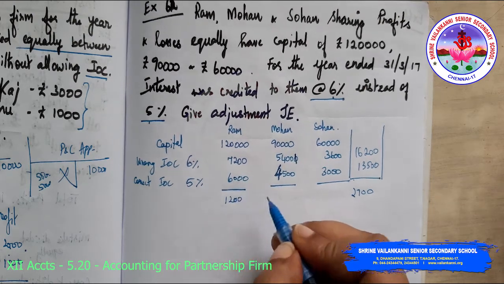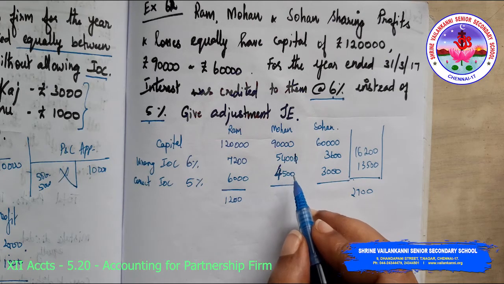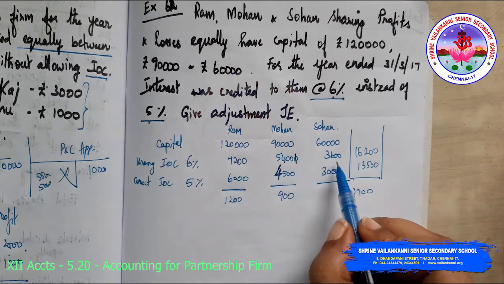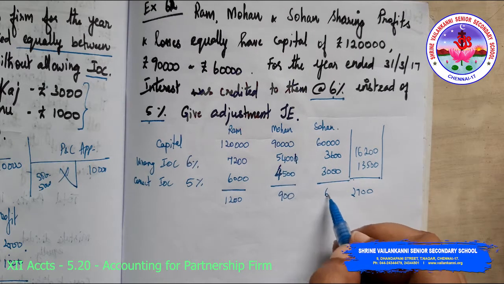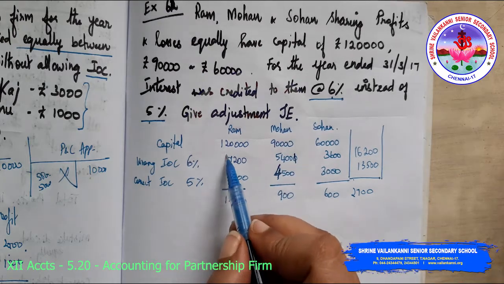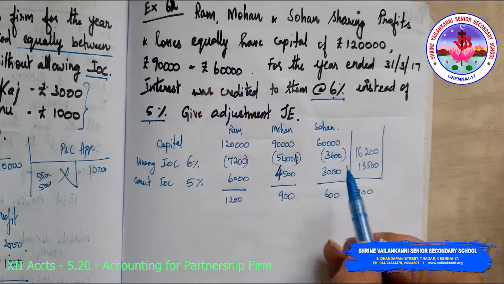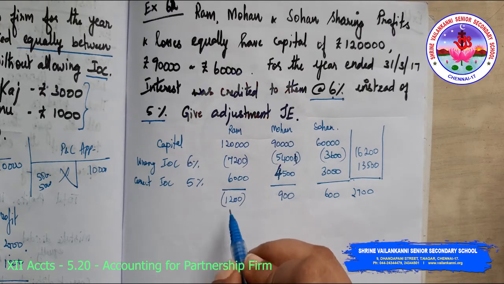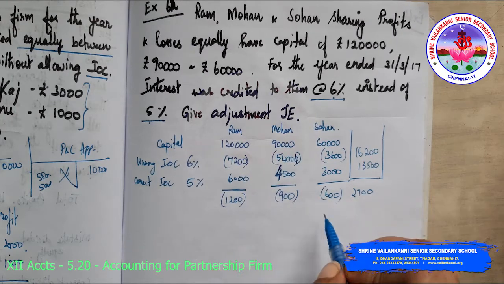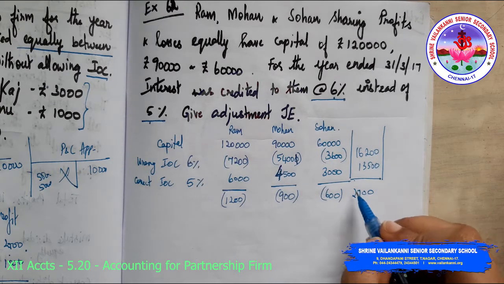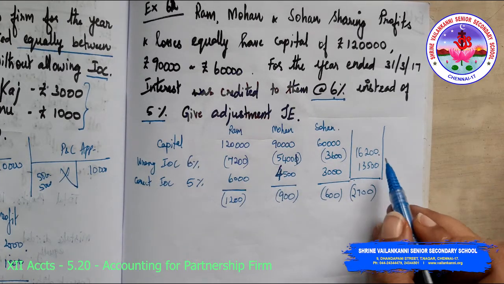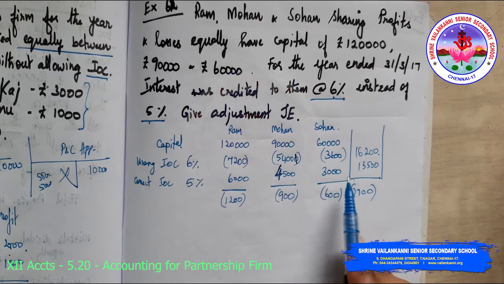I am getting 1,200. 5,400 minus 4,500, so 900. And 3,600 minus 3,000, so 600. Now this everything is a wrong amount, so I am just getting this back. What I have to give is only 13,500. So excess are what I am having: 1,200, 900 and 600 in excess, which is 2,700 in excess. Actually it should be 13,500, but 16,200 is wrongly distributed. So this much amount of profit should be given back to the partners.